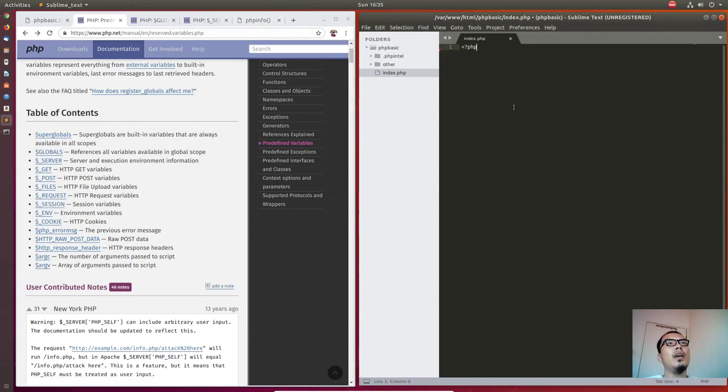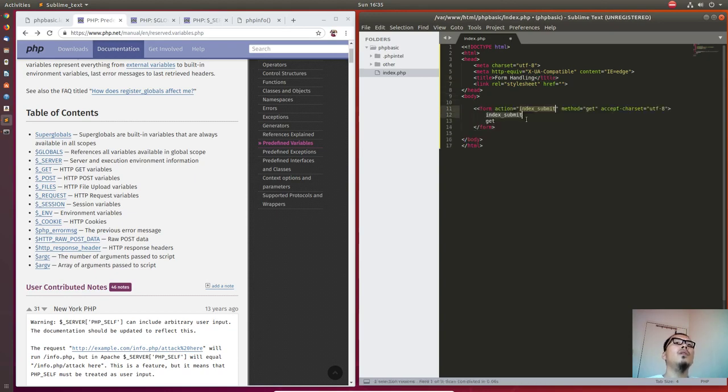Like for example, let's say we have an HTML file. Okay, form handling, what I mean. So we have form handling, and then we will create a form. Okay, so as you can see, the action means what happens when you click, for example. We will create a basic form. Let's say just basic